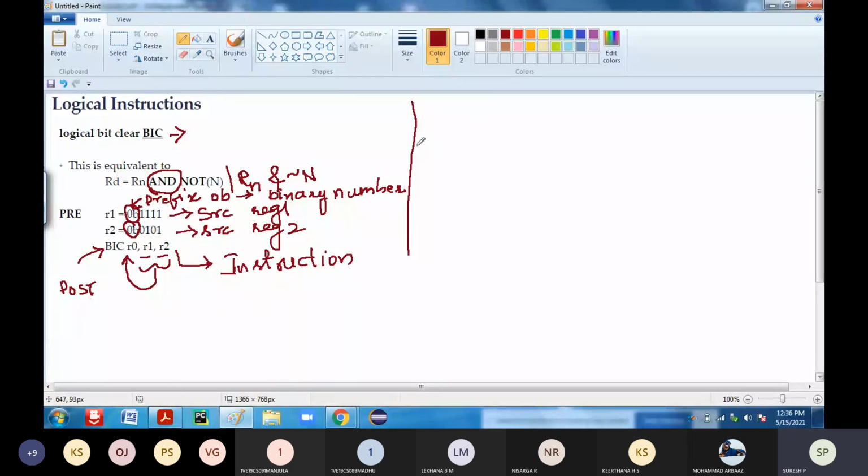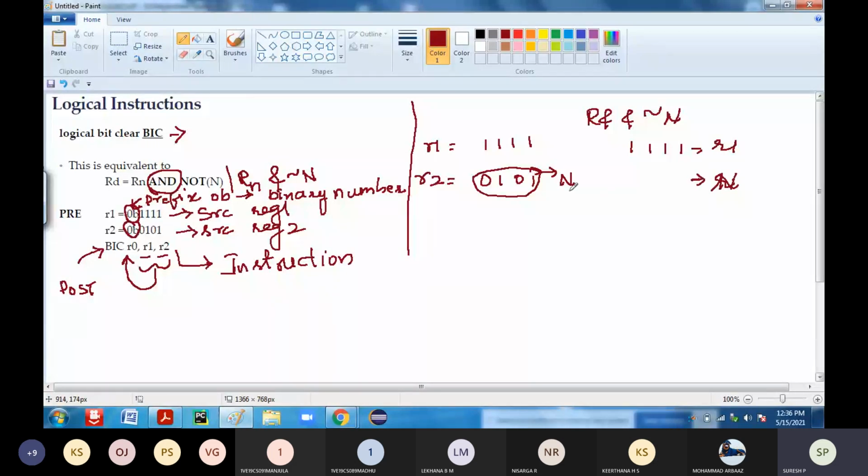Now what will happen? The value of R1 is 1111, and your R2 is 0101. What operation is it going to perform? It performs R1 AND NOT of n. So the value in R2 has to be complemented.